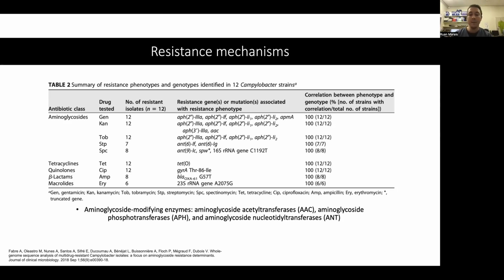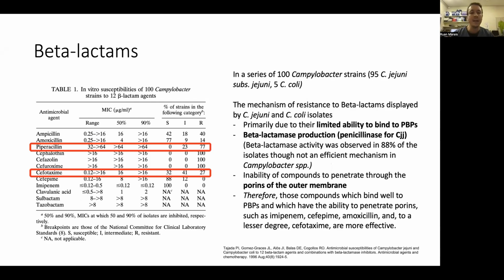common mechanism, but we'll talk about the gene, which is an emerging mechanism of resistance. So firstly, beta-lactams, and let's look at why this is important. So I've highlighted here piperacillin and cefotaxime, which would be commonly used agents, empiric agents in individuals with severe disease or admitted for presumed bacterial